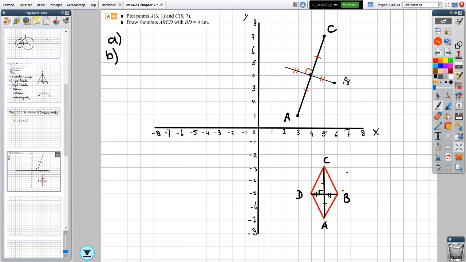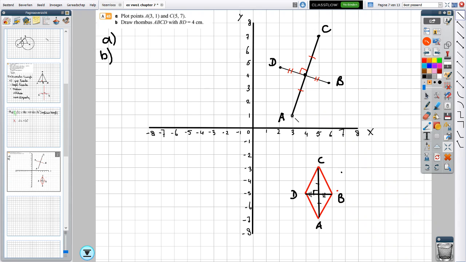Point B, because it's A, B, C, D. Let's do it in a bigger font. B right here. And here should be point D, because A, B, C, D. Now don't forget to connect the lines,